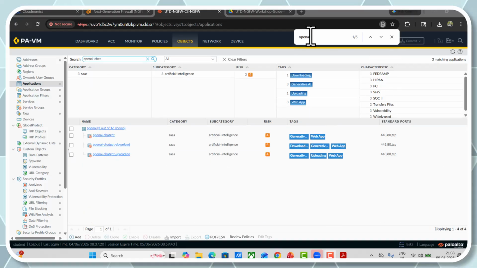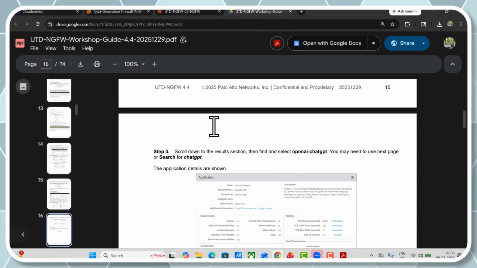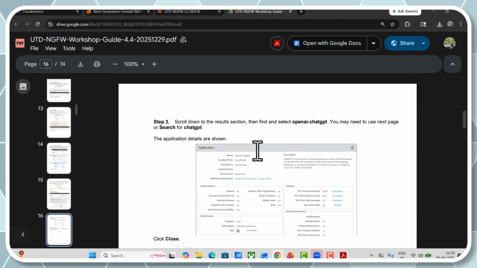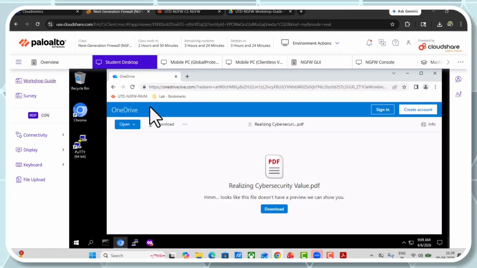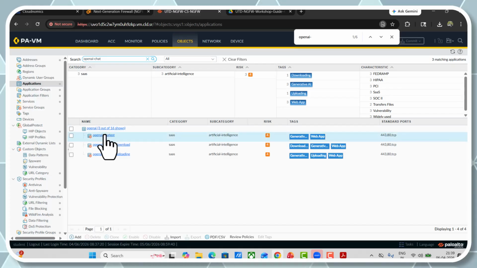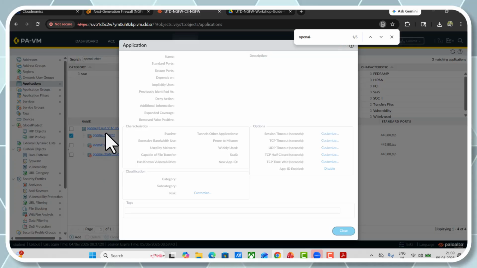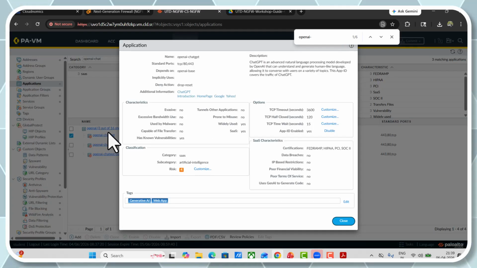So instead I have searched OpenAI ChatGPT. Now it is saying to scroll down and select OpenAI ChatGPT. You may need to use the next page. The application details are down. So click close and clear filters. Okay, so we will go here, OpenAI ChatGPT, and in OpenAI ChatGPT, what it is saying I need to do,